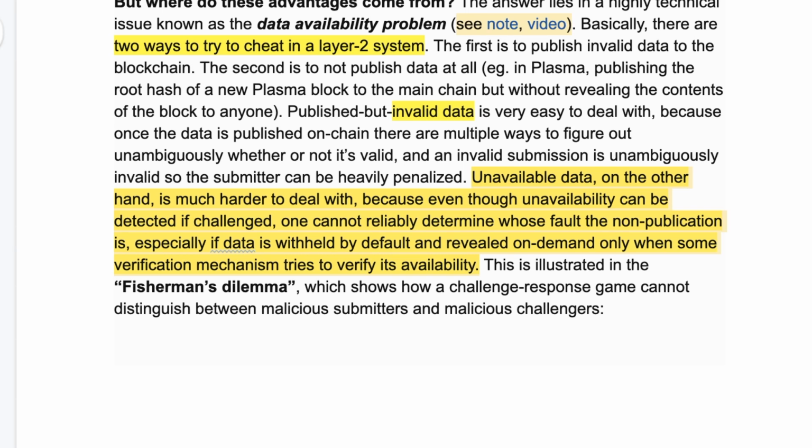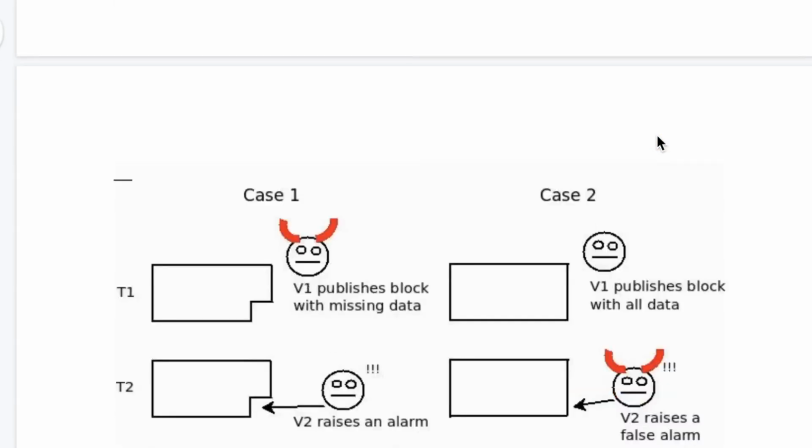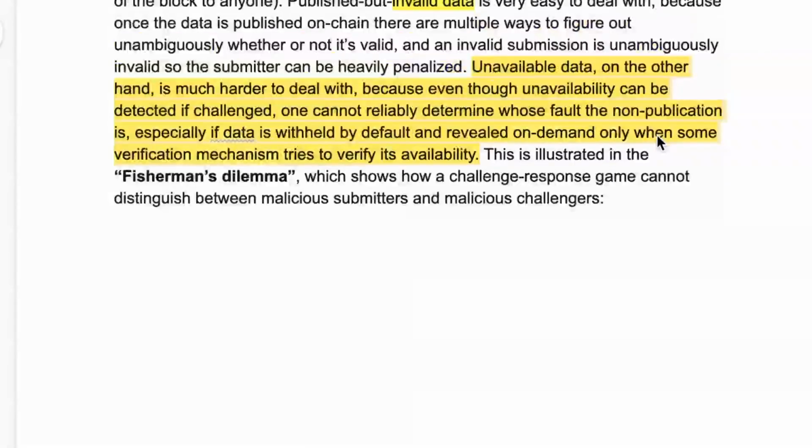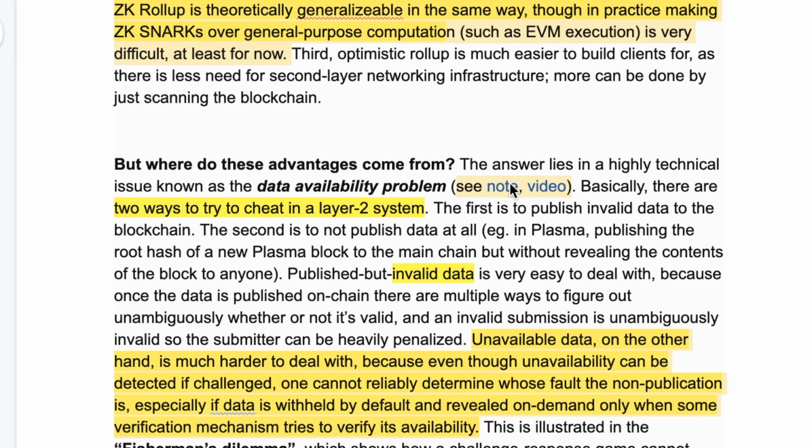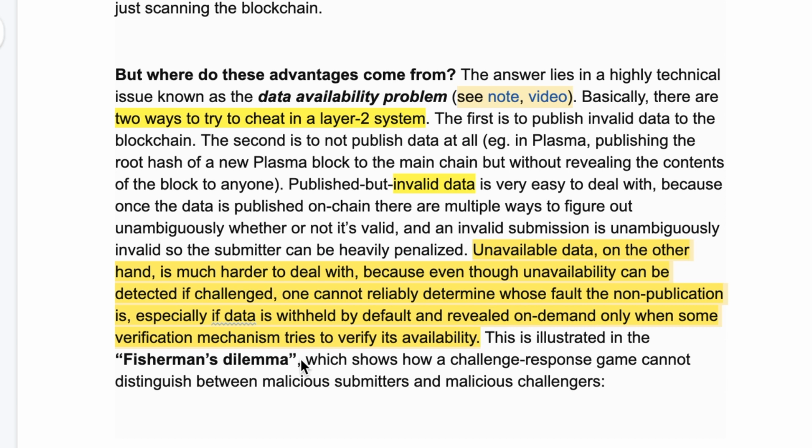And this whole problem is very well explained with the Fisherman's Dilemma. And as a side note, Vitalik Buterin actually posted a video talking about that, which is the one that we were talking about here before with the data availability problem. So he also goes over the Fisherman's Dilemma and talks about the 2 ways that you can cheat in the system, and also shows how